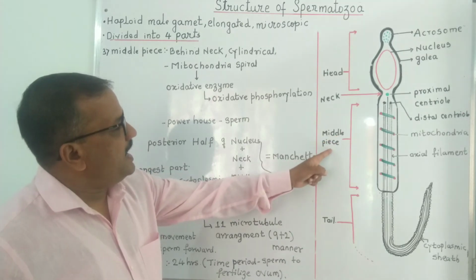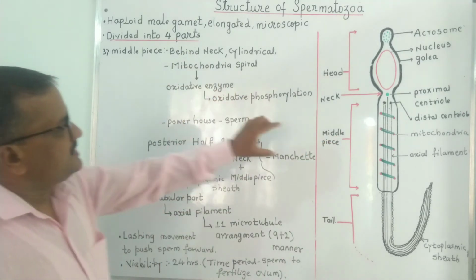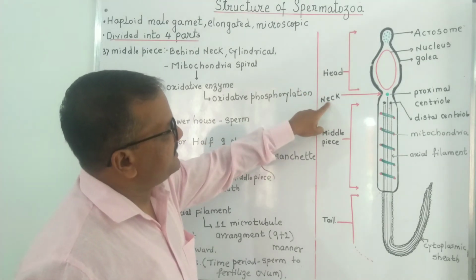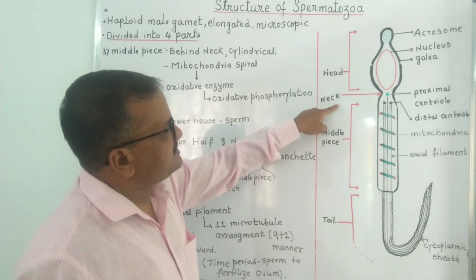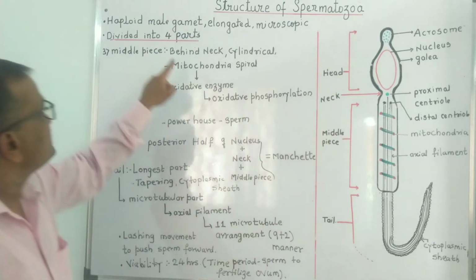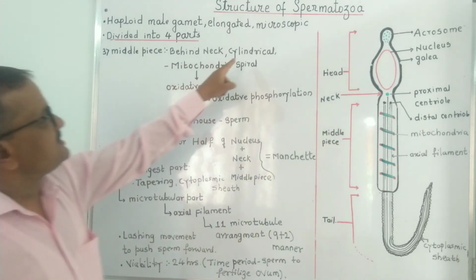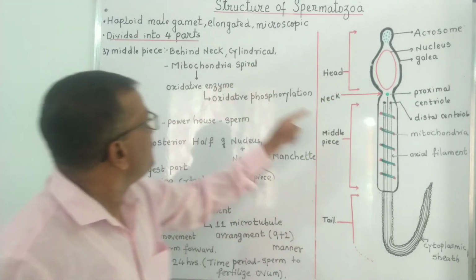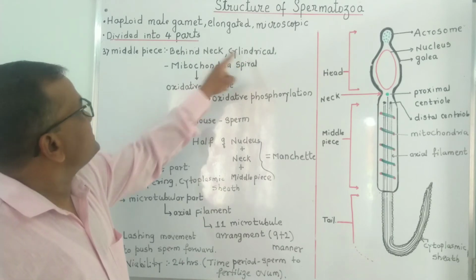The third part of spermatozoa is the middle piece, and this middle piece is present behind the neck. So this is the neck region. Next to this region, which part is present? The middle piece is present. So this middle piece is cylindrical. So how is the structure of the middle piece? It is cylindrical, and inside this middle piece,